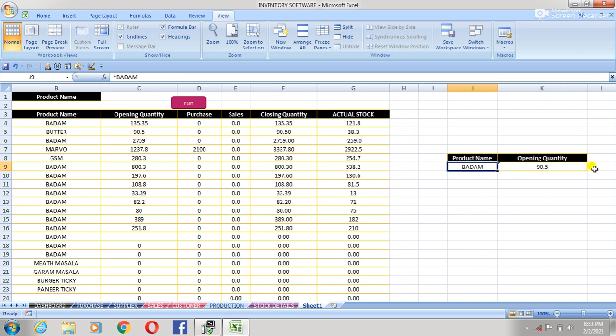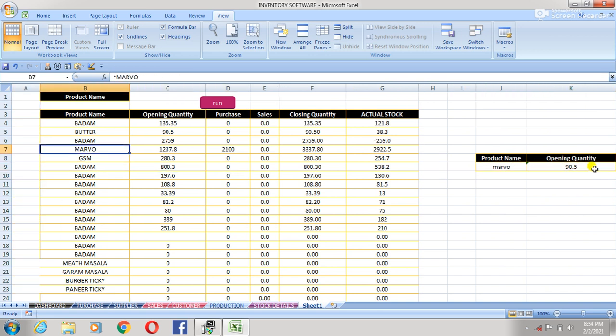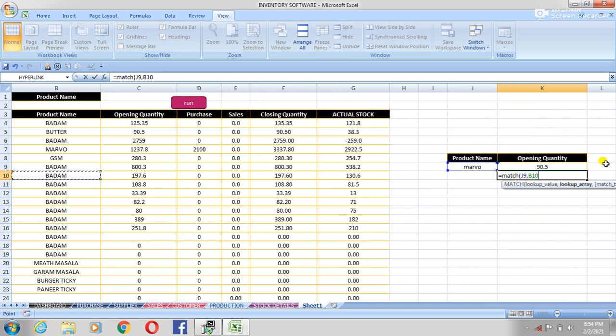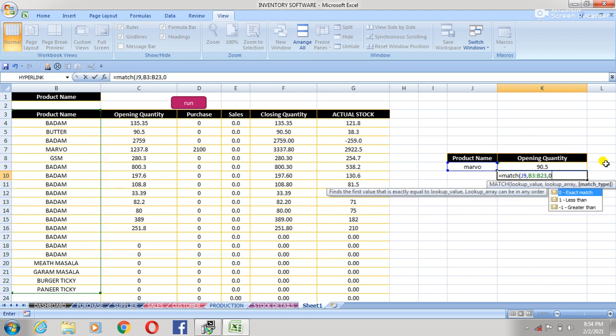So here I put an advanced function. Firstly, I click here for Marvo. No changes here. So I want changes according to here. So apply equal to MATCH, and this is our lookup value. And from here, giving the name option, giving the location number.